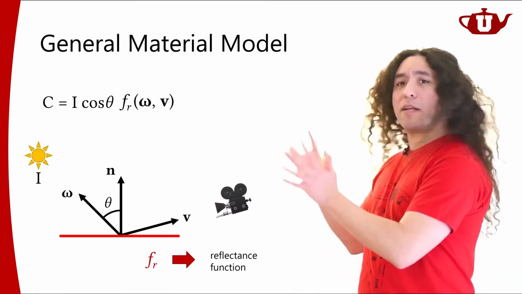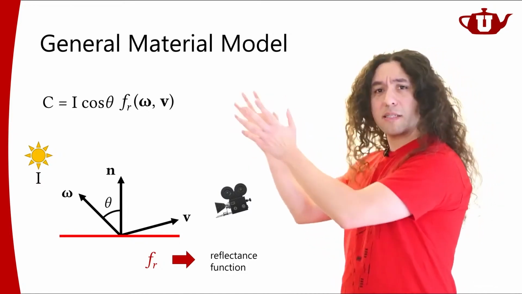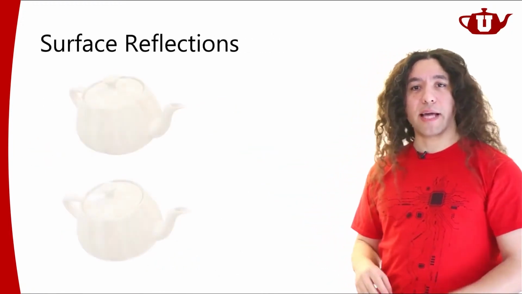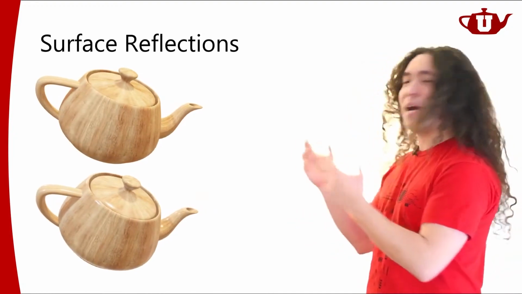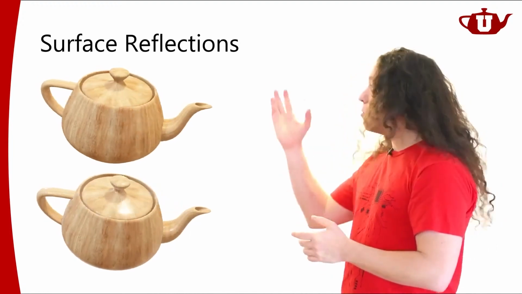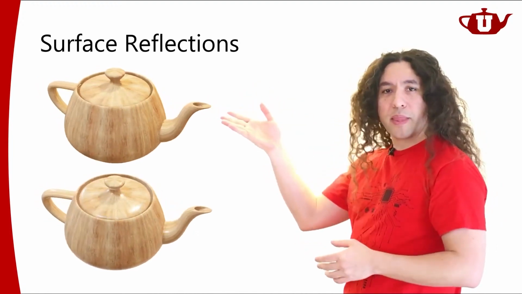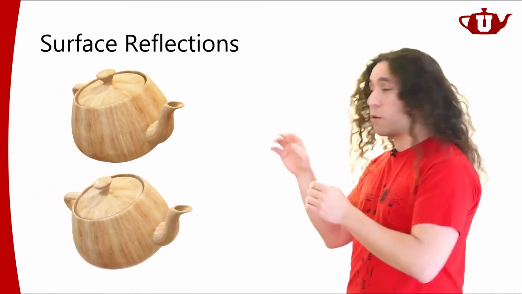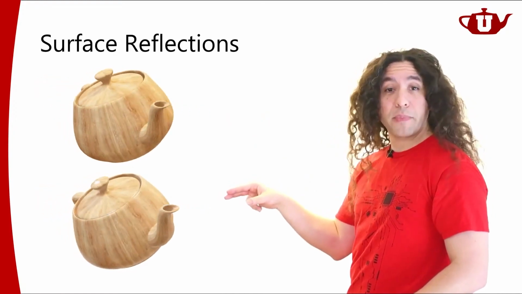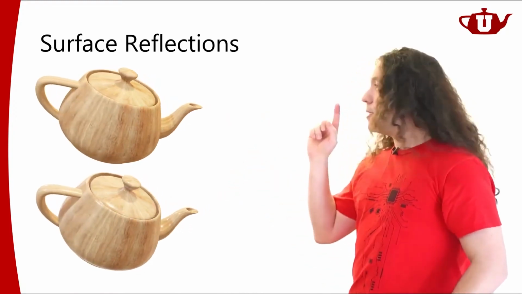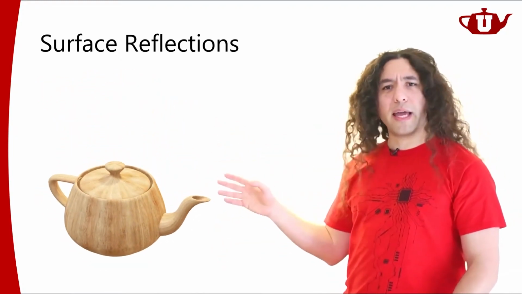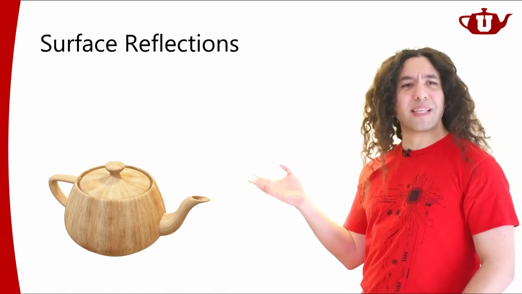But let's try to understand what this function is trying to model. Now, again, let's go back to things that we are familiar with. Imagine a teapot with some texture on it. The one above here, the one at the top, is a diffuse material that has no specular reflections, as you can see. The one below, you should be able to see some reflections on this one, right? So it's more shiny. Now, let's forget about the shiny one. Let's think about this diffuse one first. Why is this looking diffuse? What does that even mean?